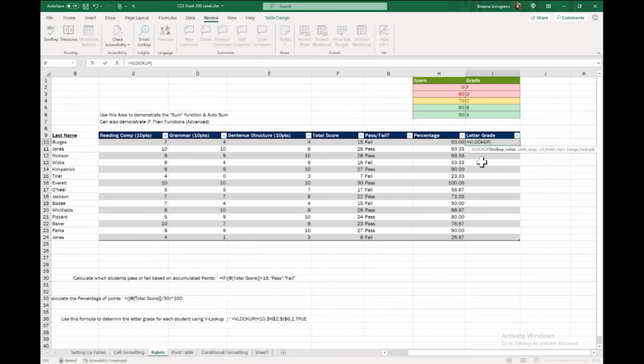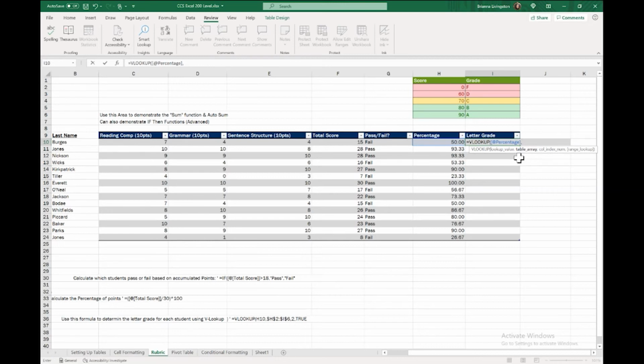So now it wants a lookup value, which is going to be our percentage. What is it looking up? It's looking up our percentage. And then remember I told you that sometimes a range is called a table array. When you see this in the white box and you don't know what it means, first put a comma.